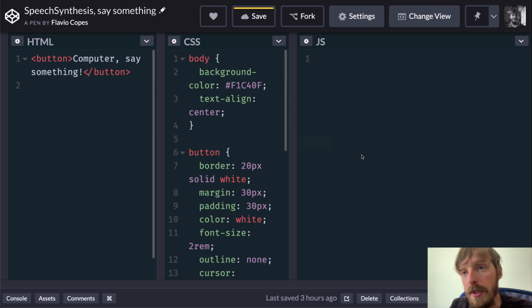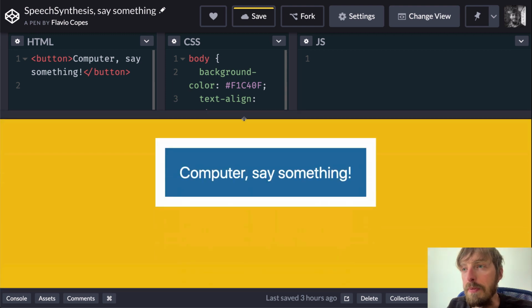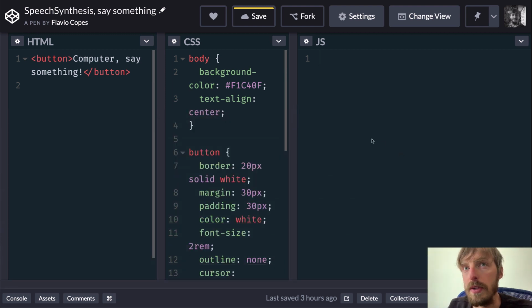If you're not familiar with this interface, this is CodePen, which is a very handy way to create small demos for CSS, JavaScript and HTML. So what I want to do now is